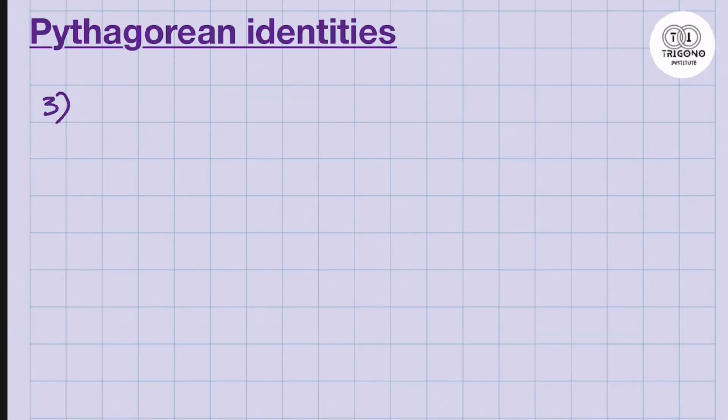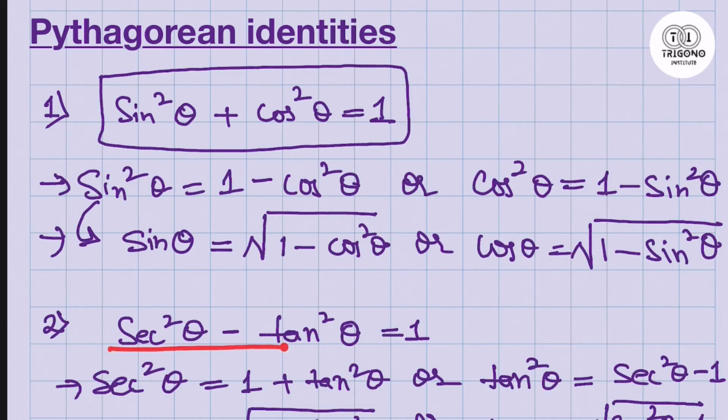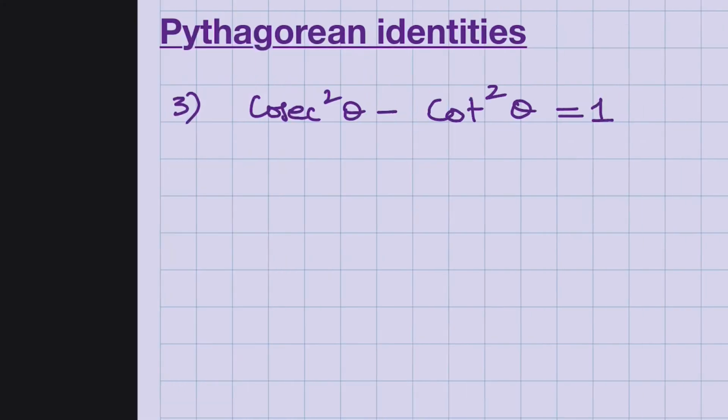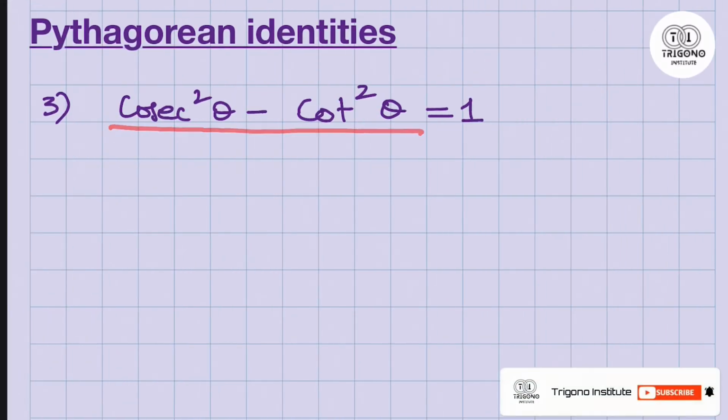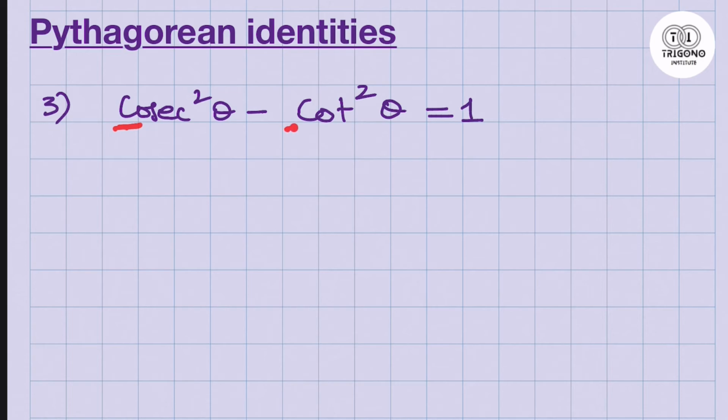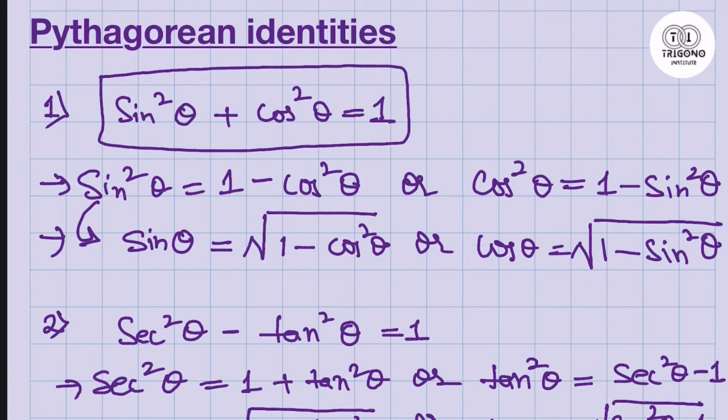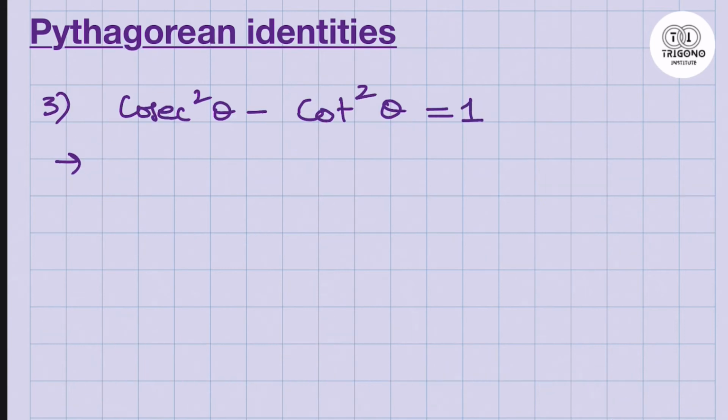The third one is cosecant square theta minus cot square theta is equal to 1. In these two identities, secant square theta minus tan square theta, and in cosecant and cot, most of the students make mistakes, but there is a very easy way to memorize this one: it is C and C. Cosecant first, cot second. Here secant first and tan second. As with the previous identity, you can write cosecant square theta is equal to 1 plus cot square theta,